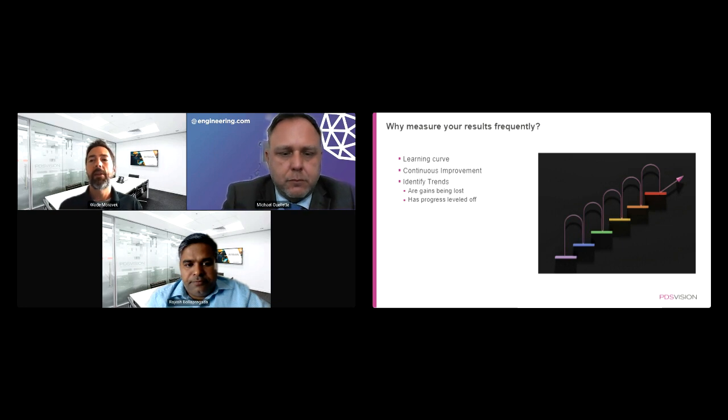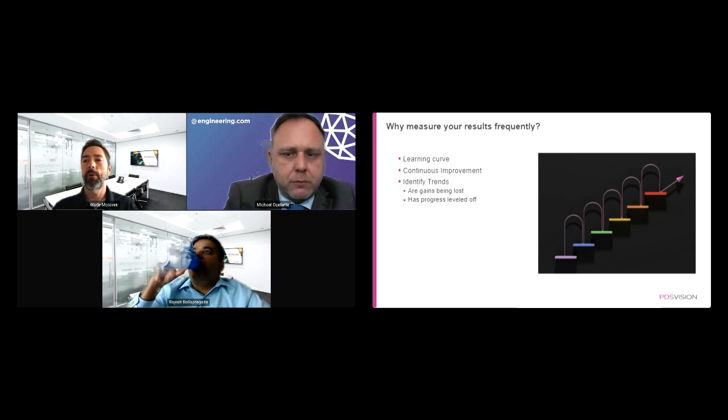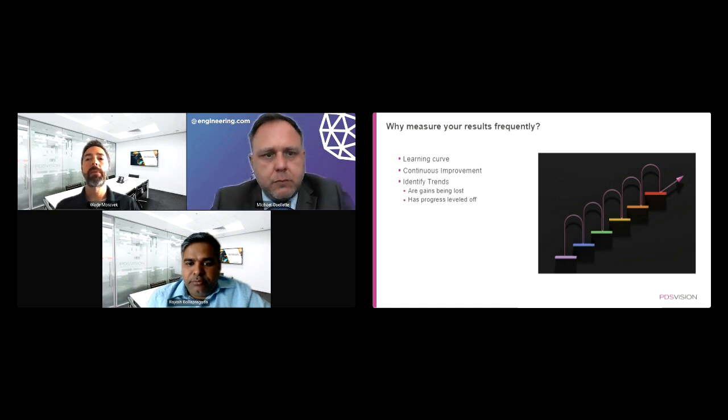The other one is, do you start to see some of that gain drop off? Okay, we got all these benefits, and then over time we start seeing things start to take a little bit longer. We start to see more issues on the shop floor. We start to see more change notices created. Hopefully that shows up in the data, and we can address it. We can ask, why is this happening?